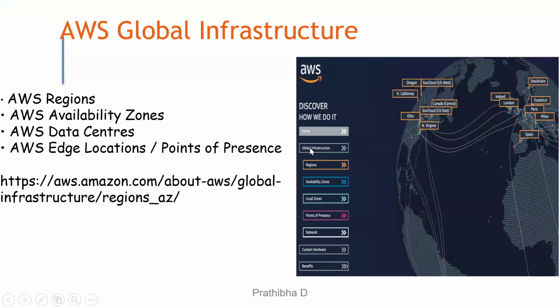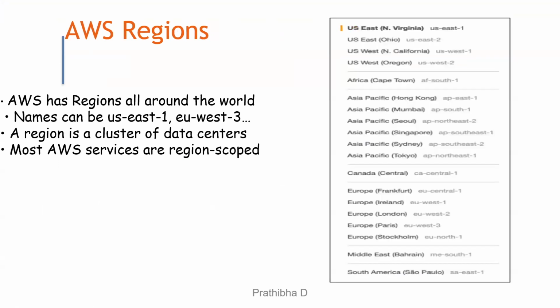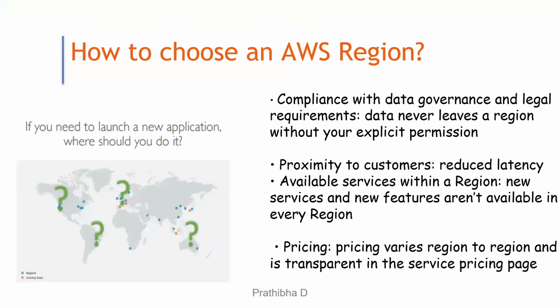This was in the previous console. This is how it looked, your global infrastructure. So this is a region. It's a cluster of data centers. And for every region, there will be different availability zones, minimum 3 to maximum 6. And how we are choosing a particular region is according to that